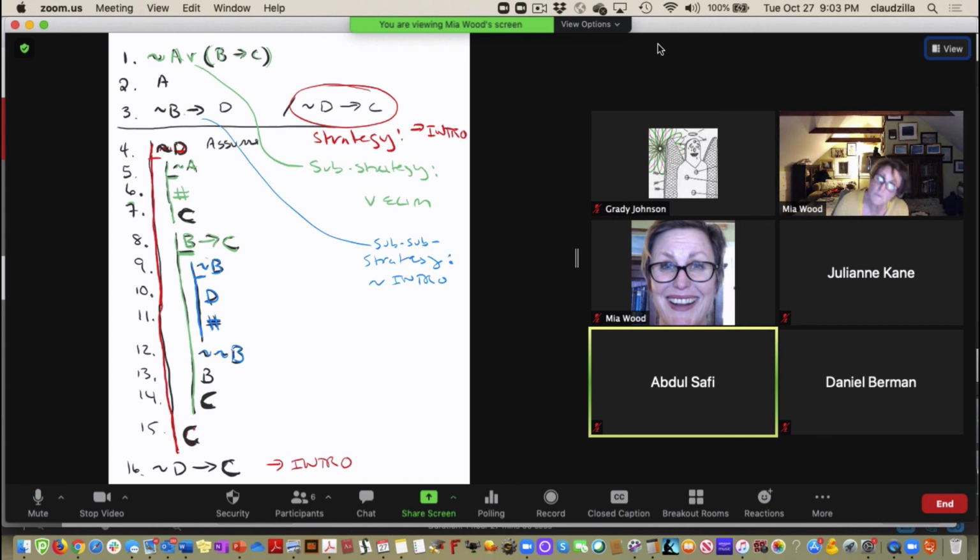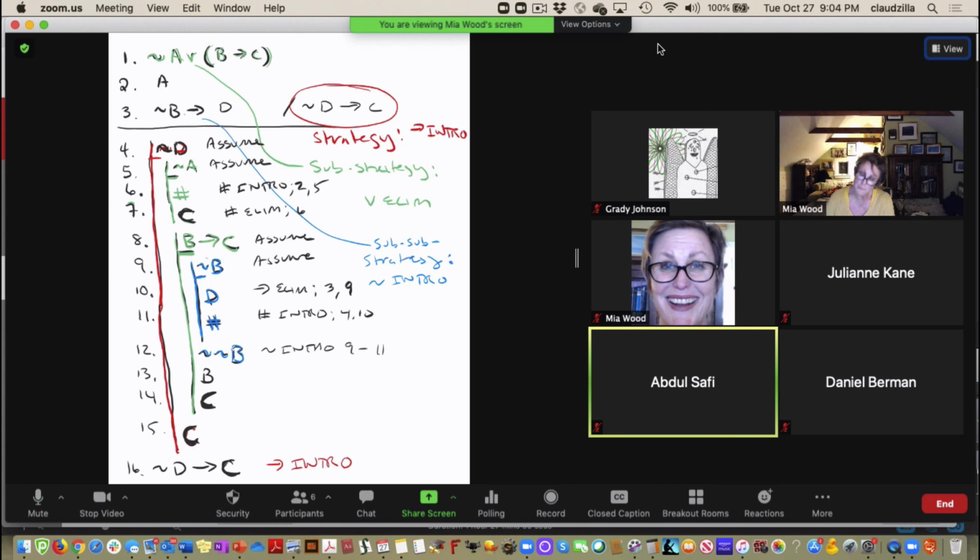So we've got an assumptive move at line 4, an assumptive move at line 5, contradiction intro from 2 and 5, contradiction elimination from 6, assumptive step at 8, assumptive step at 9, an inference at 10, namely conditional elim from 3 and 9, a contradiction intro from 4 and 10, negation intro from 9 to 11, negation elim from 12,